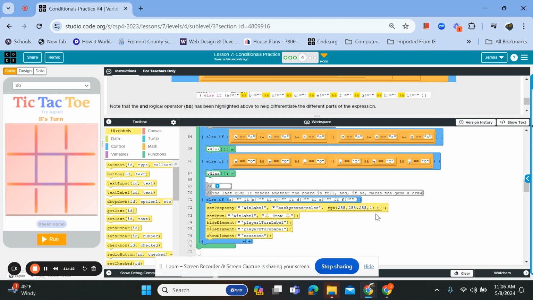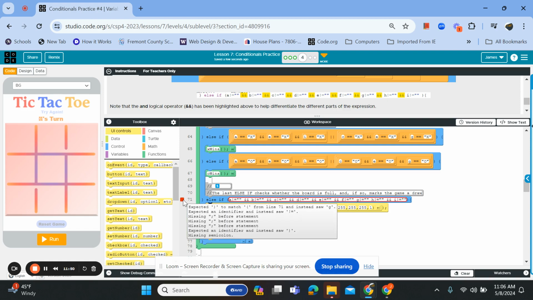All right, F, G. I'm going to have to check to see if I've done my ands, and I need to make sure that those are all nots. And so I'll go back and proofread again. G, H is not equal to blank. And I not equal to blank. Okay. And what is it saying? Oh, now it needs a semicolon. It's saying